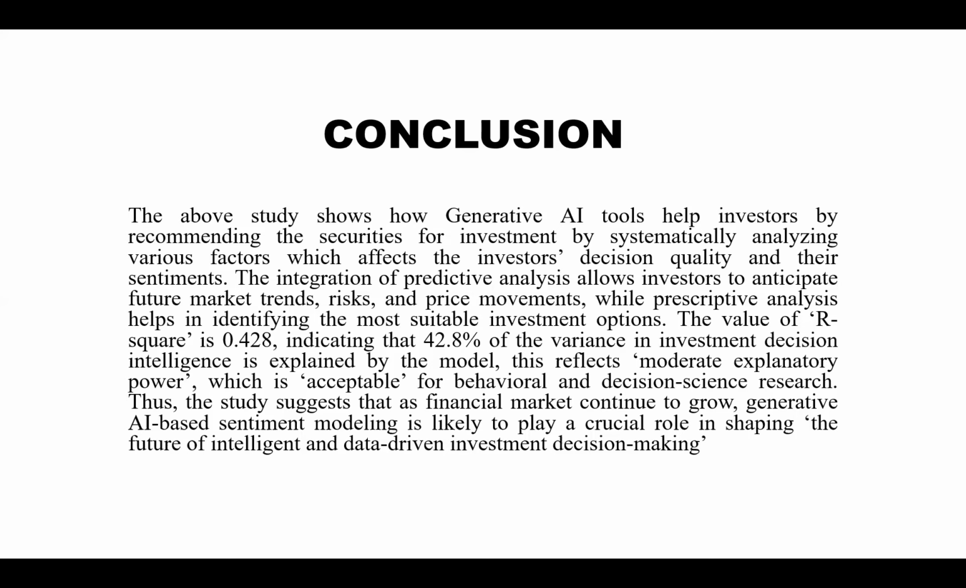The value of R square, as I discussed earlier, indicates that 42.8% of the variance in investment decision intelligence is explained by the model. This reflects moderate explanatory power, which is acceptable for behavioral and decision science approaches. Thus, the study suggests that as financial markets continue to grow, generative AI based sentiment modeling is likely to play a crucial role in shaping the future of intelligent and data-driven investment decision